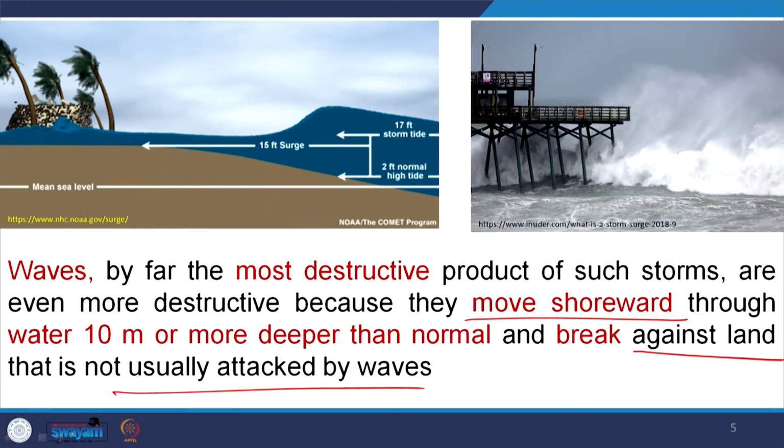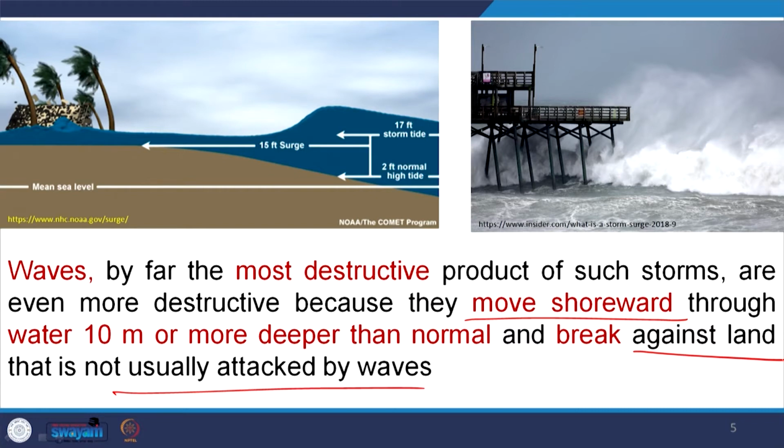Here it is to be understood: when we talk about the normal sea level, we have a confined area known as the breaker zone. The breaker zone breaks the waves. Breaking of the wave means the wave height increases, the amplitude increases, the wavelength decreases, and those waves are very destructive. Now we have increased the sea level by tens of meters and the whole water